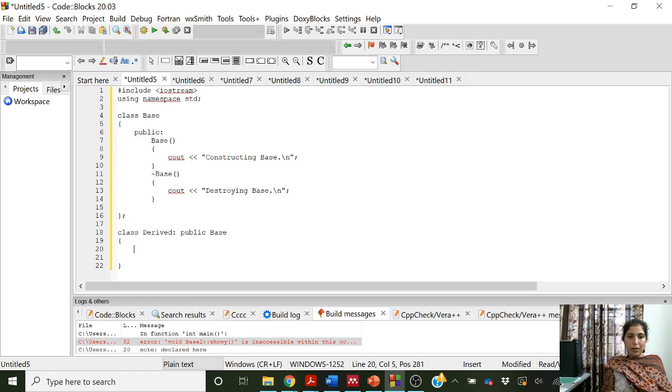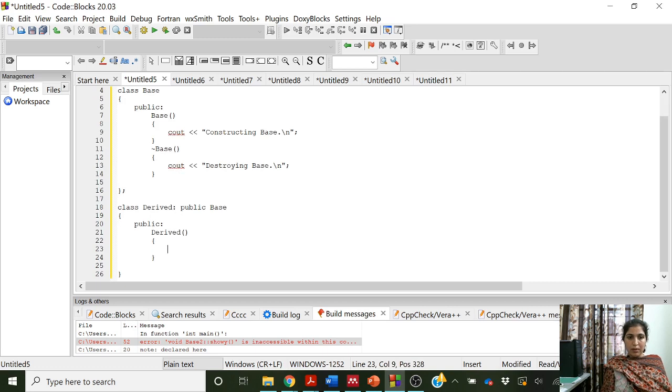Okay, and in the public section, let us create the constructor derived. cout constructing derived.